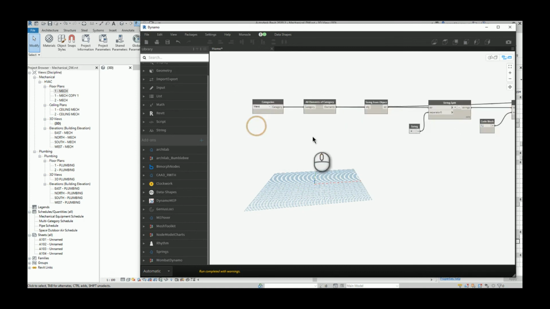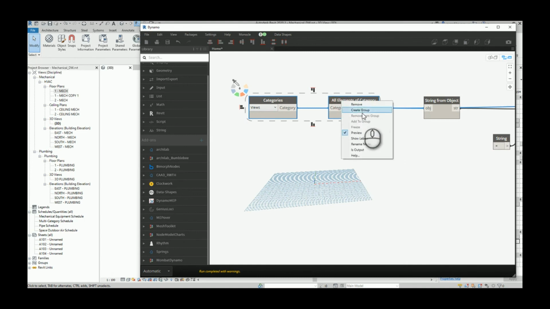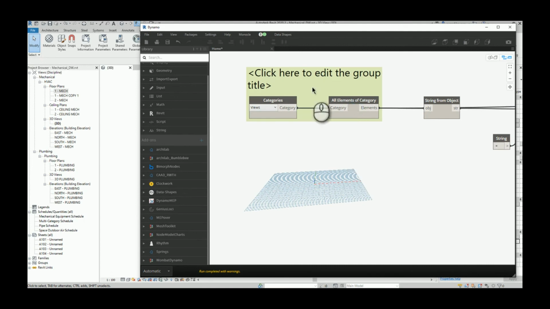So, for example, you can select those two nodes, and you can ignore this additional package for now. By default, you can right-click on any node and select Create Group. You will have some default text here. You can double-click on that and change it to